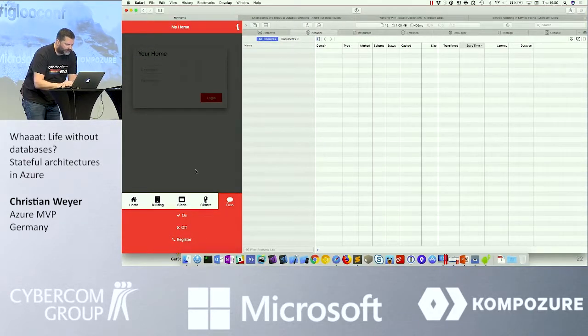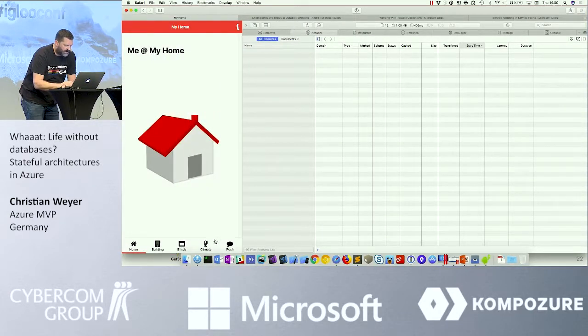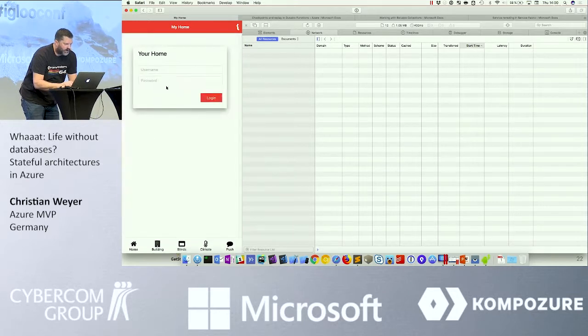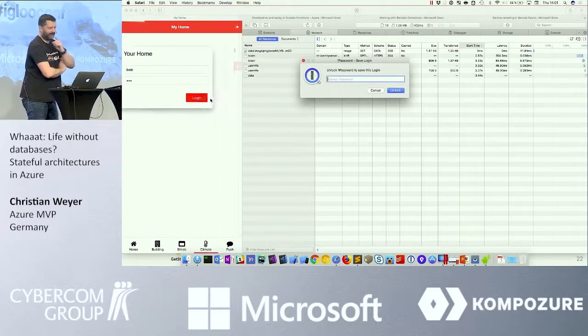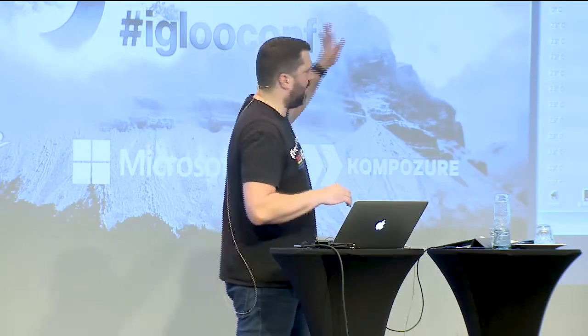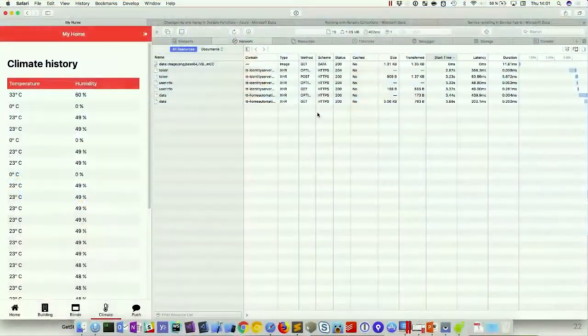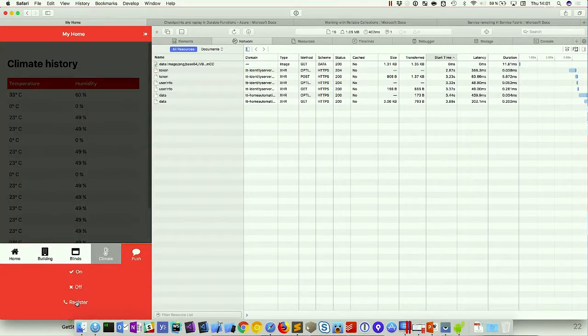Okay? So first, we have to log in, and I'm not sure you will guess that password. So the login was done with Identity Server, by the way. The data comes from Cosmos DB. In front of Cosmos DB, there is an Azure function activated by HTTP, so it's all serverless. I call it serverless IoT. It's completely serverless.